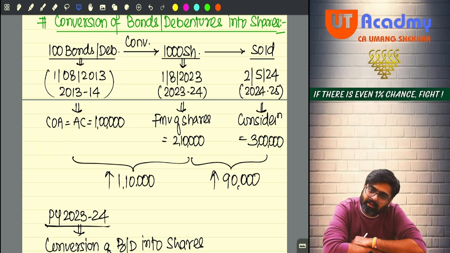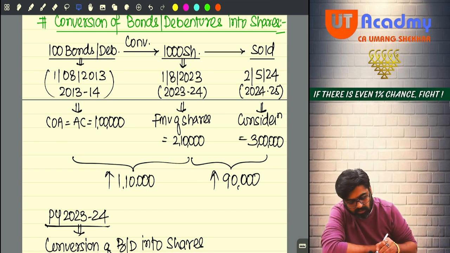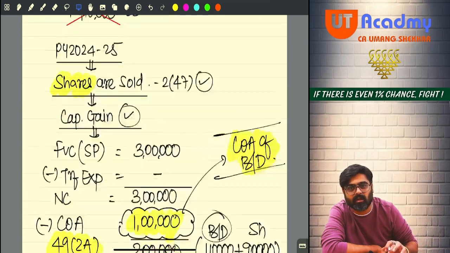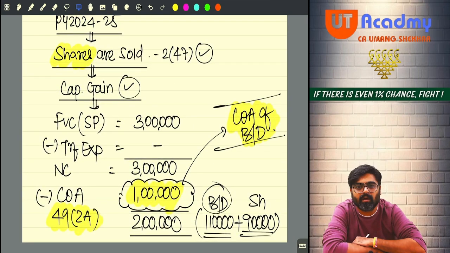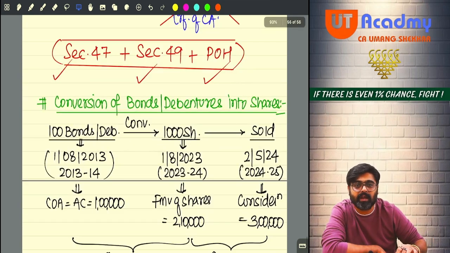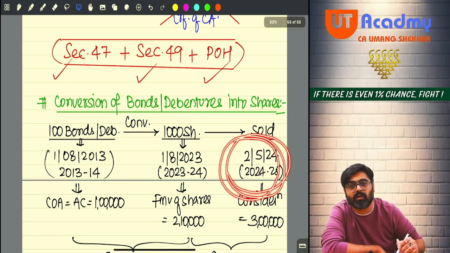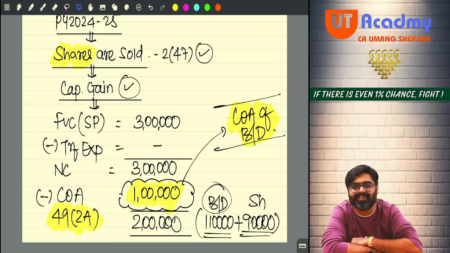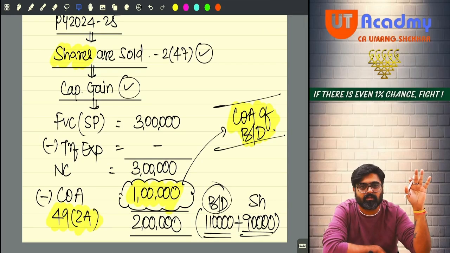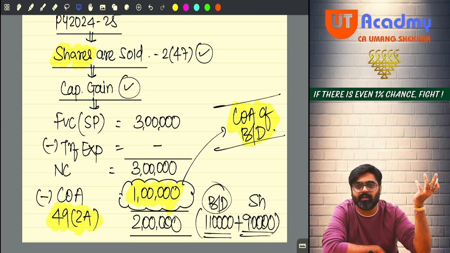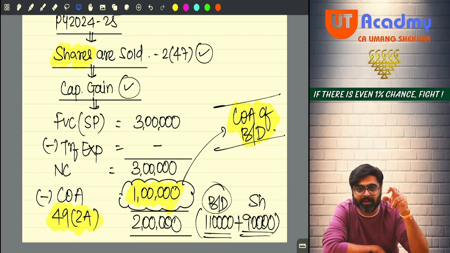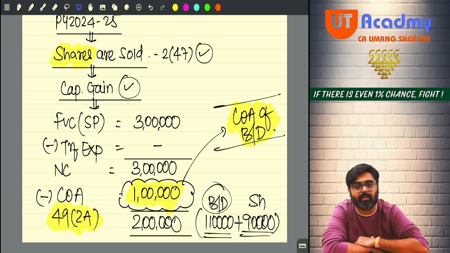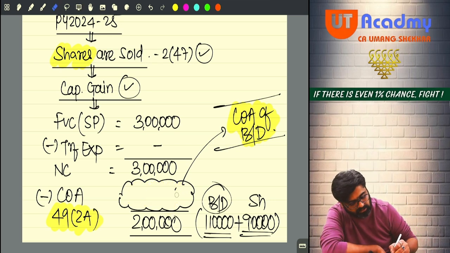Done, sir. So in our case it is short term or long term? It is long term. Now the period of holding is long term. Will we take only 1 lakh or the indexed cost? If the date of transfer was on or after 23rd July, then no need to index, because on or after 23rd July no indexation is given. I have deliberately taken the date prior to 23rd July so that we can index also. Getting my point? Cost of acquisition we know.